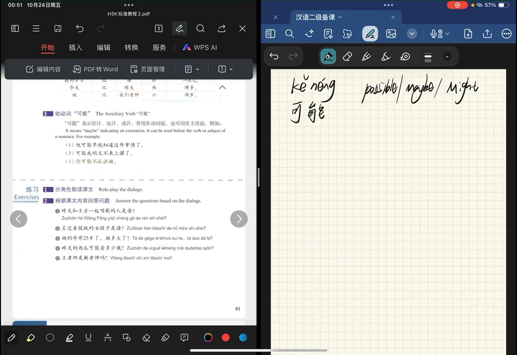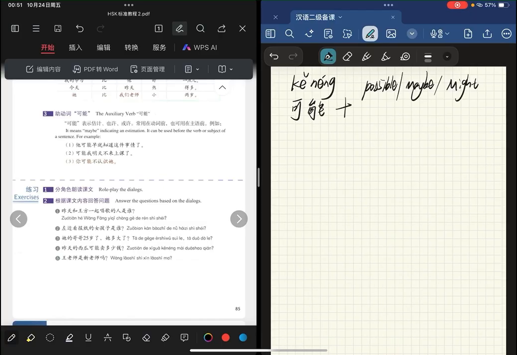So the key is to remember the position of 可能. We put 可能 before the verb, that means before the action. That means this action might happen. Okay, so for example,